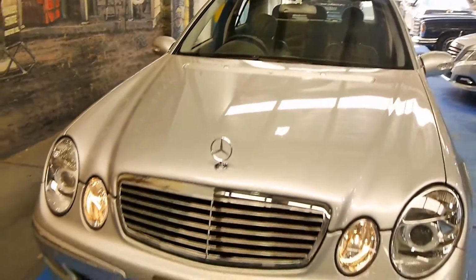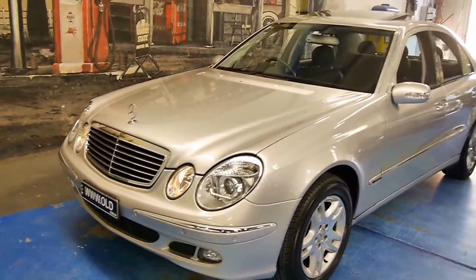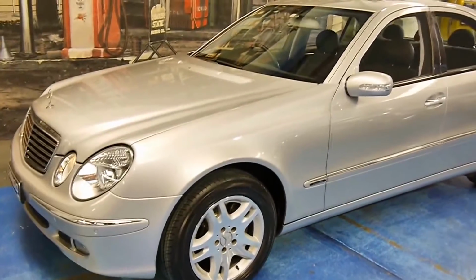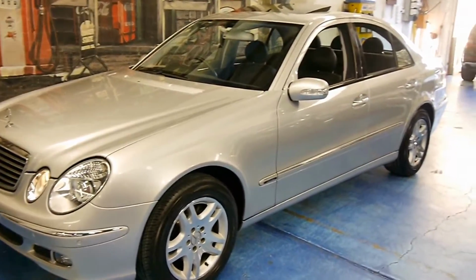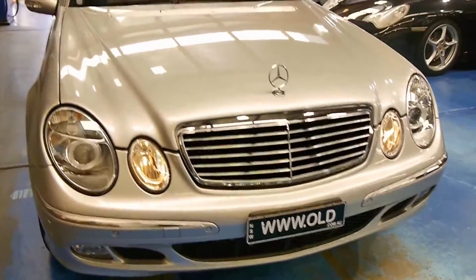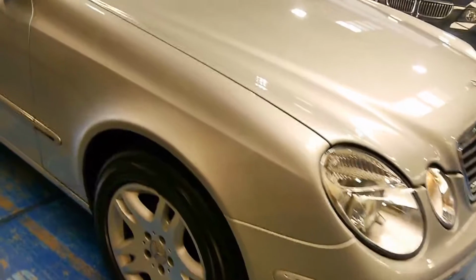Check out this 2005 update W211 Mercedes-Benz E350. I love these cars. This is in zircon silver. It's pretty well unmarked, and it has just 46,000 documented kilometers since new. And you just don't see that on these anymore. Being such superb highway cars, such great drivers, they've all racked up 200,000 Ks. I consider 150 Ks low on these now. And then to see this with just 46,000,